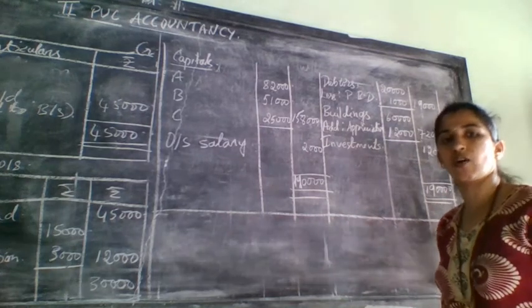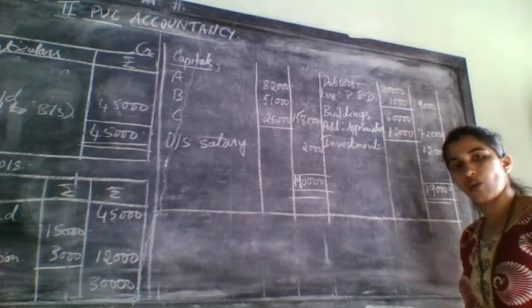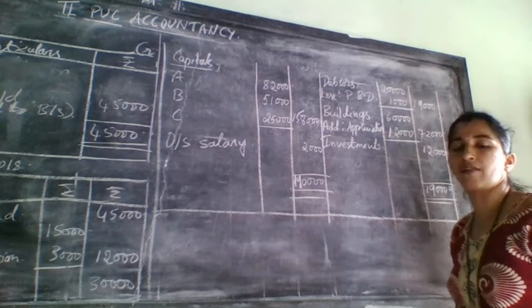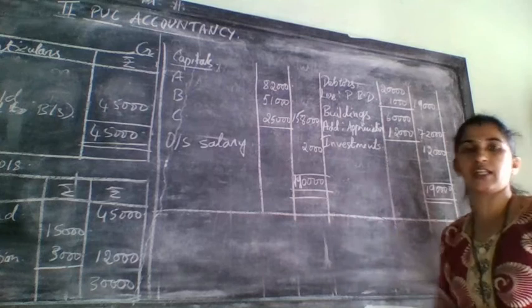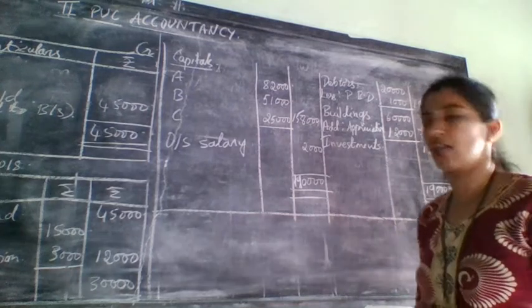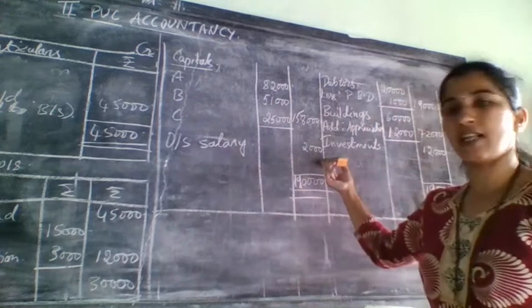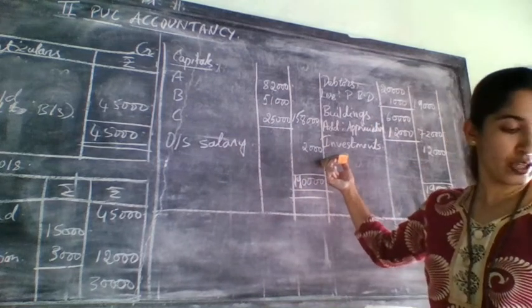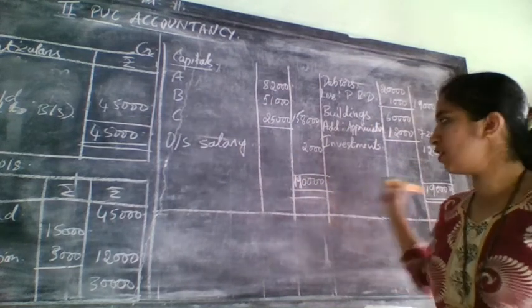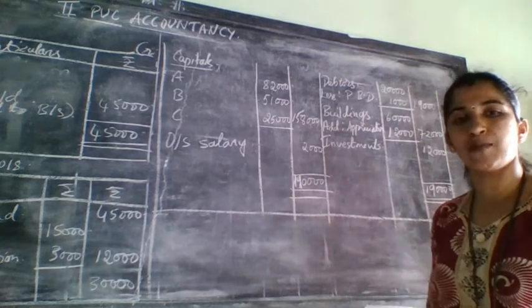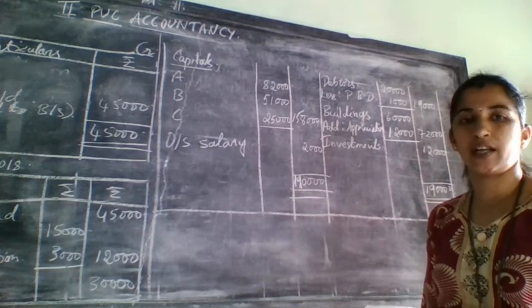Last one, outstanding salary. This is an unrecorded liability, and it was already taken in revaluation account, but we have not taken it here. So this is an unrecorded liability. That's why we will write it on the liability side as it is, that amount. After writing that, no other adjustment, add everything. If both the side totals come the same, then your problem is correct.